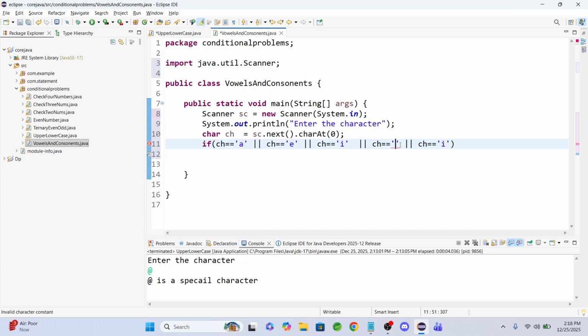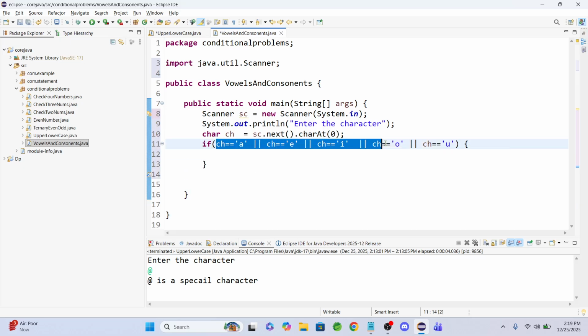We are writing the condition for the vowels: A, E, I, O, U. Okay, this is the condition. If the data the user enters matches these characters, A, E, I, O, U,